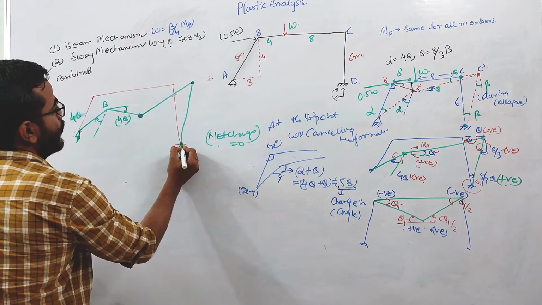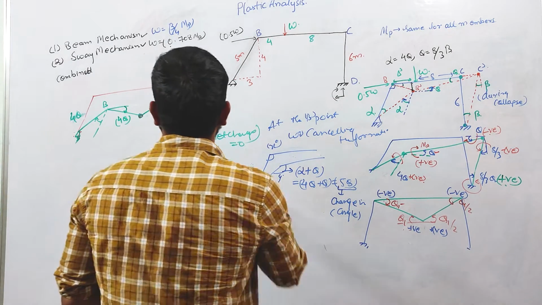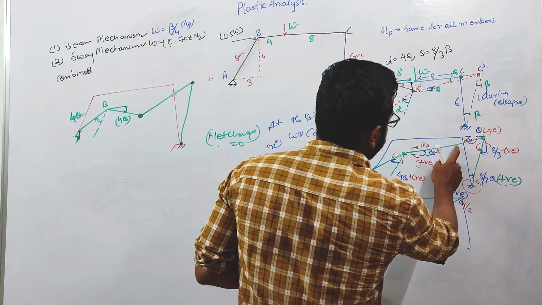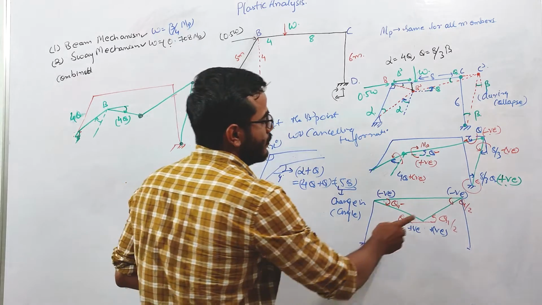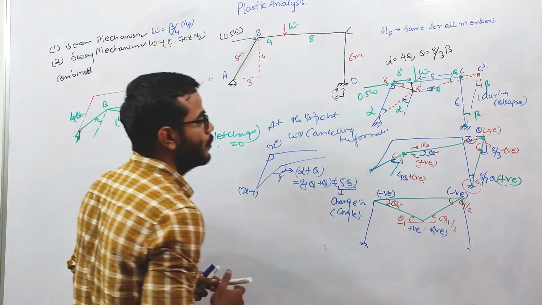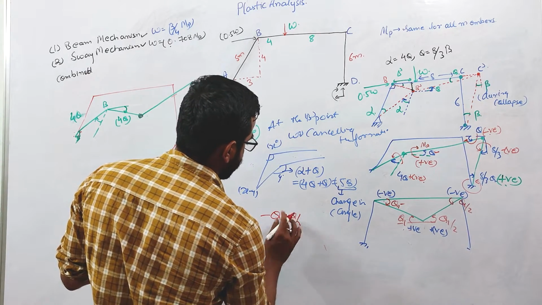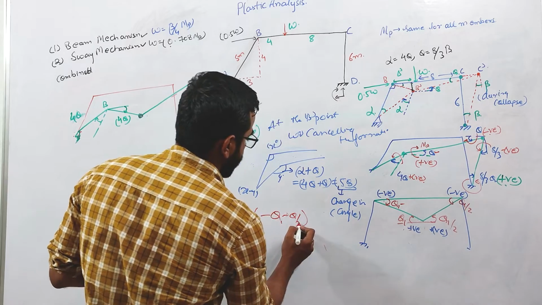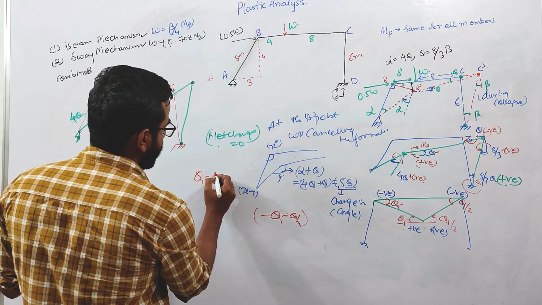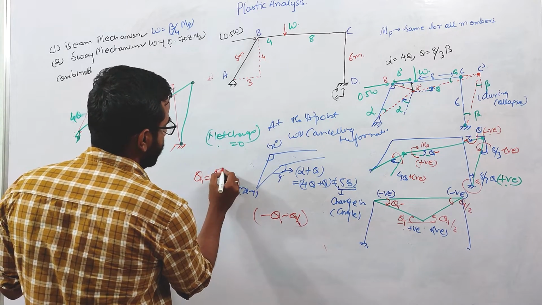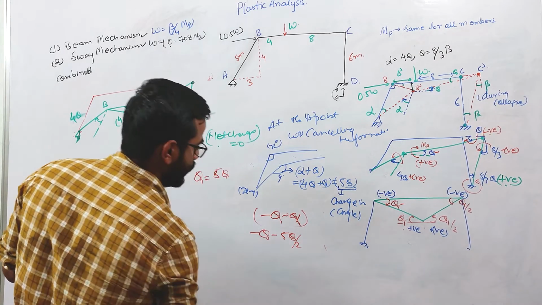So now let us discuss this point. What will be the net rotation after combining these two mechanisms? At this point, in the beam, the rotation is minus theta. Here also the rotation is minus theta 1 by 2. So both the rotations will add, theta 1 by 2 plus theta, both of negative sign, right? And theta 1 we already calculated. Theta 1 is nothing but 5 theta. So this is minus theta minus 5 theta by 2. So this will be equal to